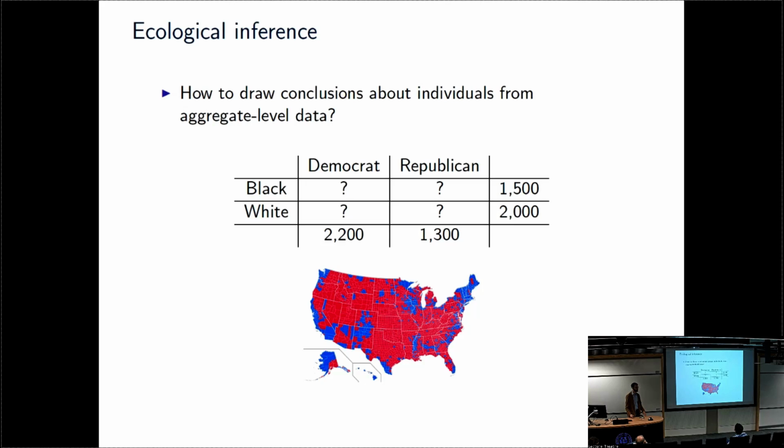But this is an undetermined problem, right? We know some bounds. The number here plus the number here has to add up to 2,000. The number here plus the number here has to add up to 2,200. And so you can think like, okay, I'm going to write down some inequalities. A plus B equals 1,500, or less than or equal to 1,500. And I'm going to write those down. And so this is the so-called method of bounds, dating back to the 50s.